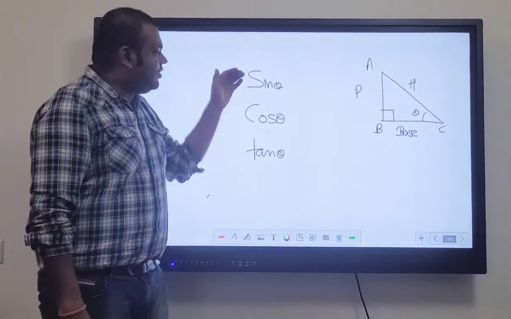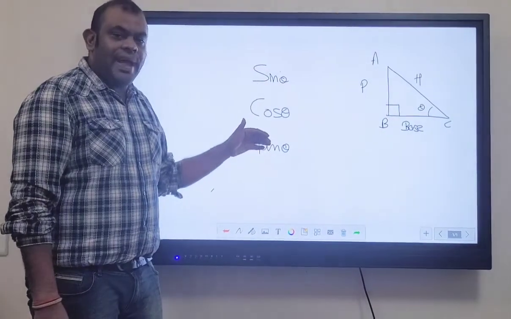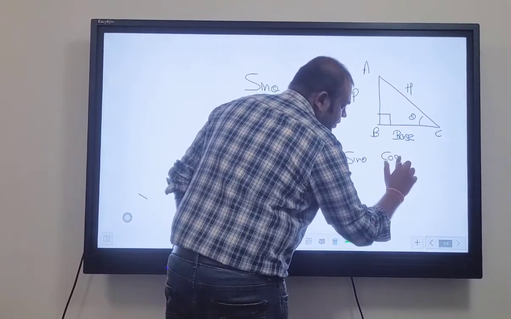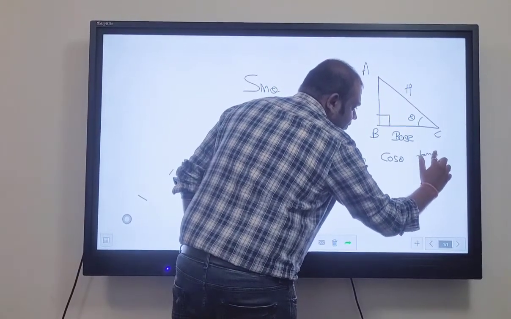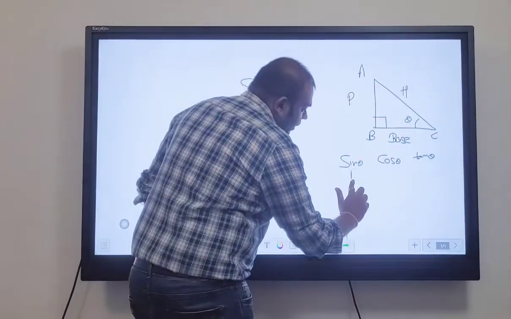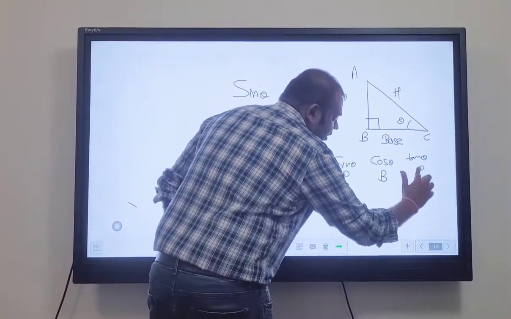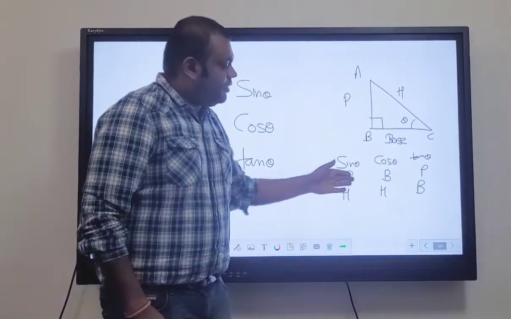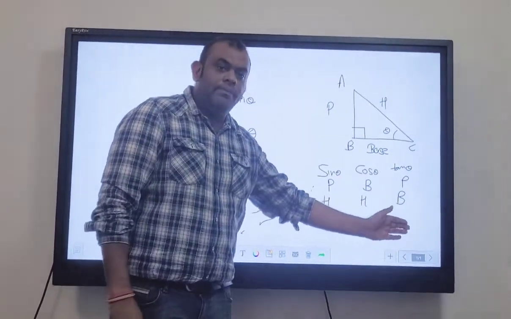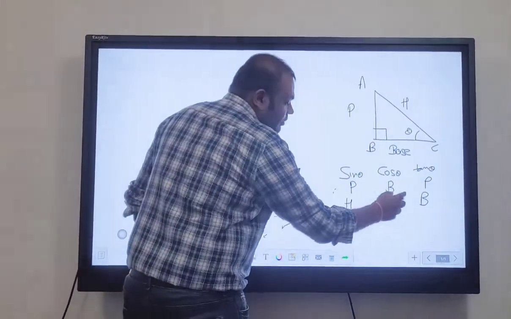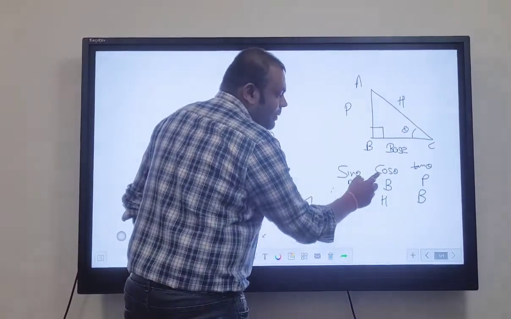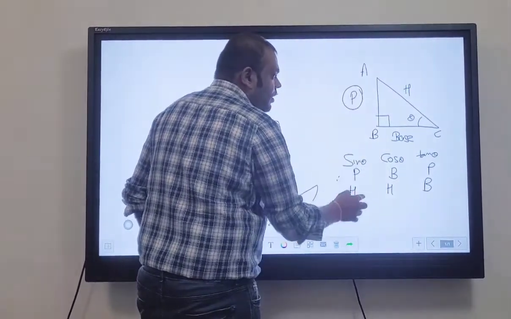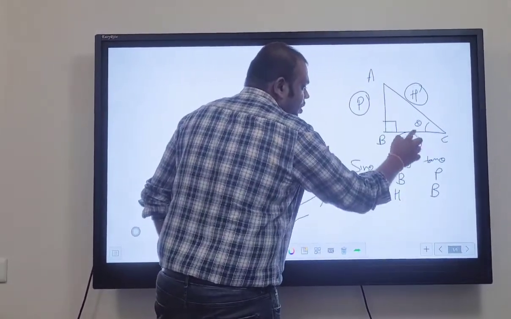So now in order to have these ratios in terms of sine, cos and tan, let us learn this thing. Now repeat after me. Pandit, Badri, Prasad, Har, Har, Bole. That will give you an abbreviation of P, B, P, H, H, B, where P is your perpendicular, H is your hypotenuse and B is your base.